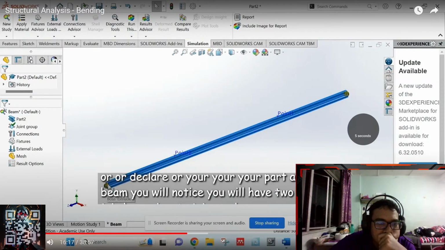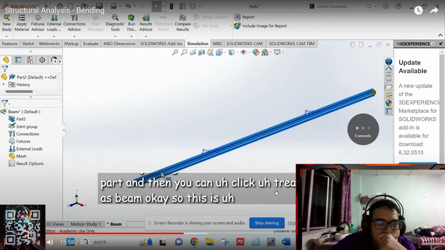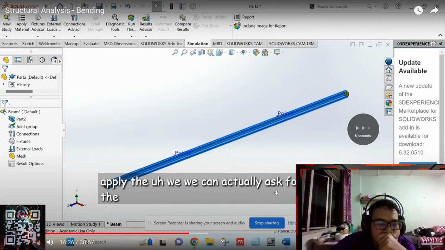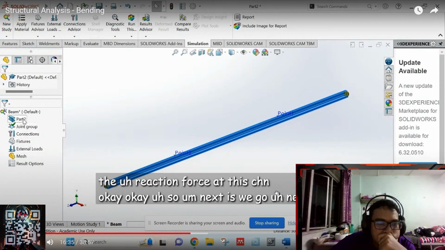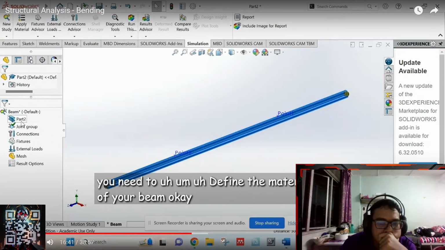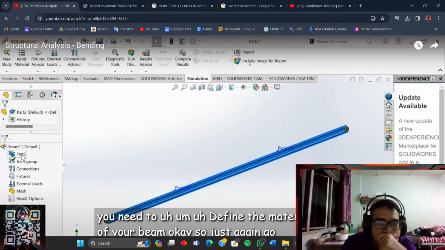You will have this, this is your joint. So later we will see the reaction force at this joint. Next, you need to define the material of your beam. Okay, so just again go